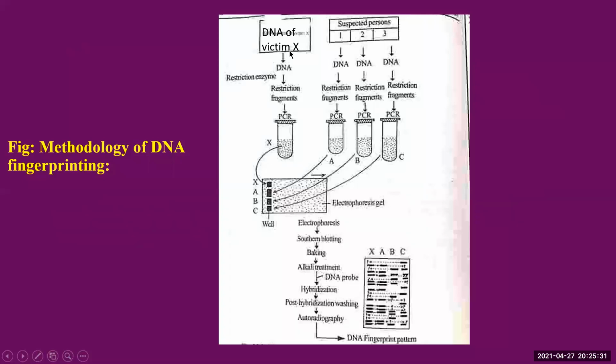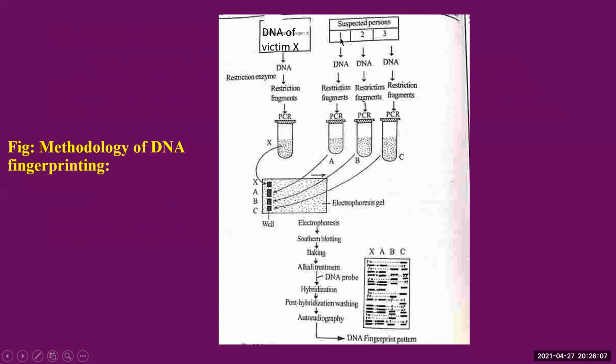So you have DNA of victim, say X. Then these are the 3 suspected persons who are supposed to be criminals, number 1, number 2, and number 3. The DNA is extracted from the cell which has been recovered from the spot of the criminal case, treated with restriction enzyme. Once it is treated with restriction enzyme, we get DNA fragments. Then we amplify it by PCR and perform agarose gel electrophoresis and carry out the separation of